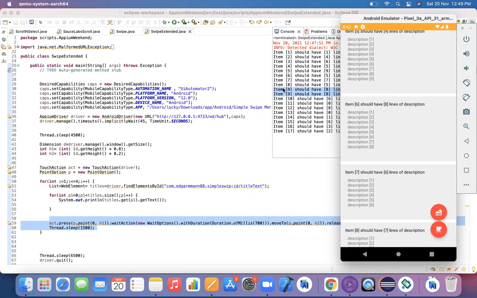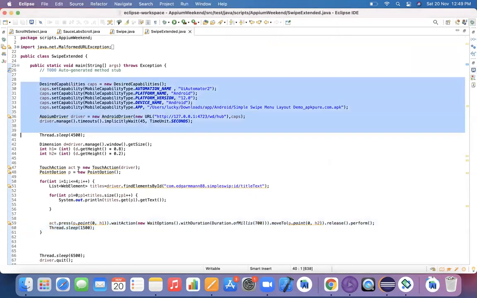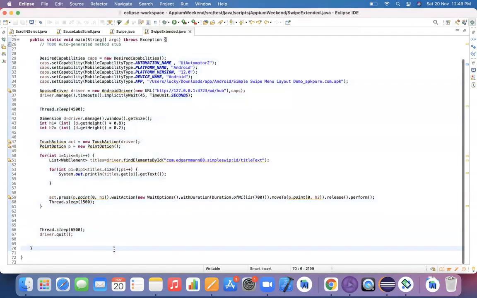As of now, I'm printing to the console. You can store it in a set and later compare the set with the desired values, and if a value is matching, then count it and do that operation. Whatever scenarios I have explained earlier, you can perform any kind of operation on them.